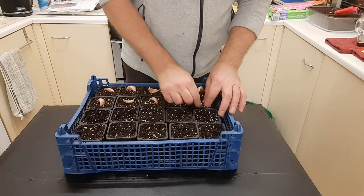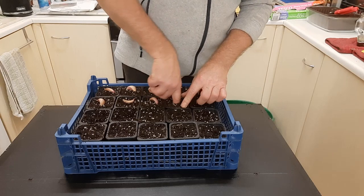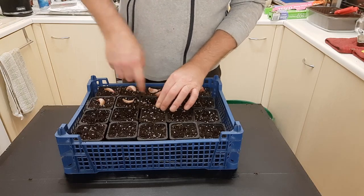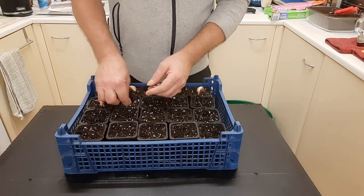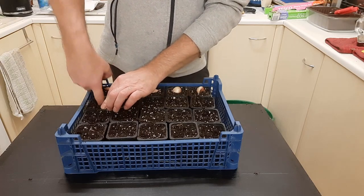But like I say, I'm planting these basal plate end down, and the little wispy end to the top, just closing it over the top like that. You will get a bit of a watering now, and I'll probably not water them again for absolutely weeks, because they don't really need a lot of moisture, to be honest. I'm only watering them to bed them in,